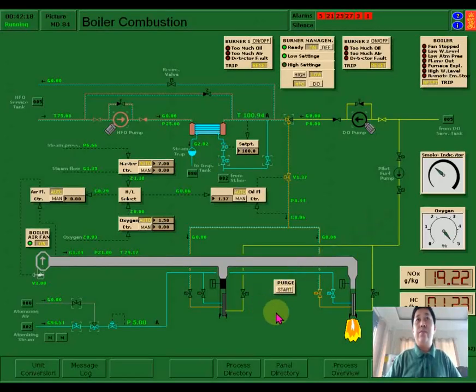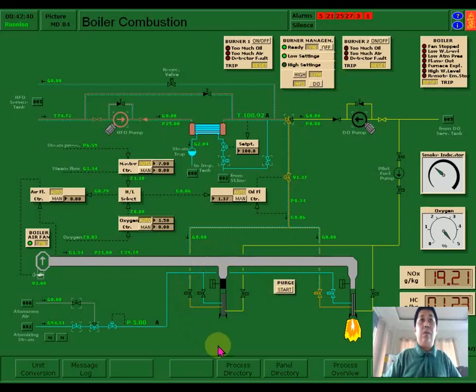Here, I want these two burners in automatic. So I will put this one into high combustion. Now it's firing in a low combustion, or low flame. Since your burner management is on automatic,